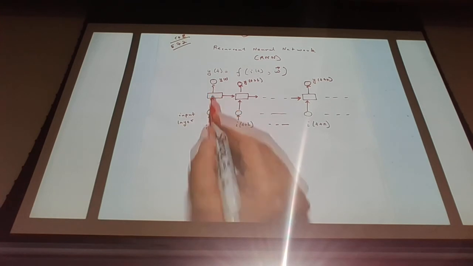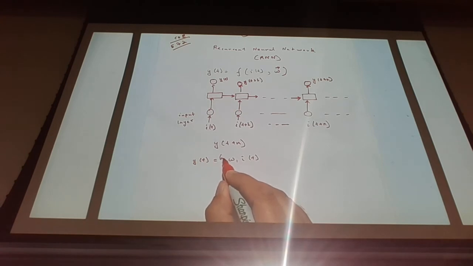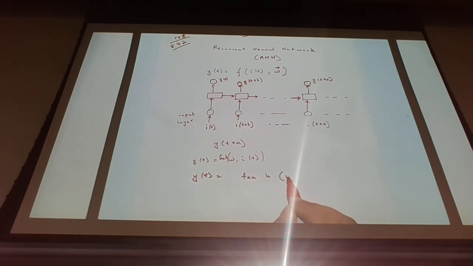So what is this output? YT is initially W1 IT, right? Some tanh, some activation function. So let's say YT equals tanh(W1 IT), let's assume. Then what is YT plus 1? YT plus 1 can be tanh(W1 IT)